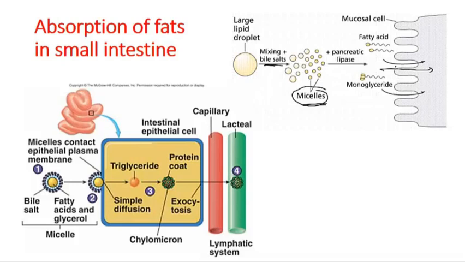So here we have the smaller fragments of fatty acids and monoglycerides that can be easily diffused through the core area of the cell membrane, because most of the membrane is actually made of hydrophobic region. So this is one way of delivery. Or, some of this micelle can directly interact with the cell membrane that ultimately releases triglycerides and fatty